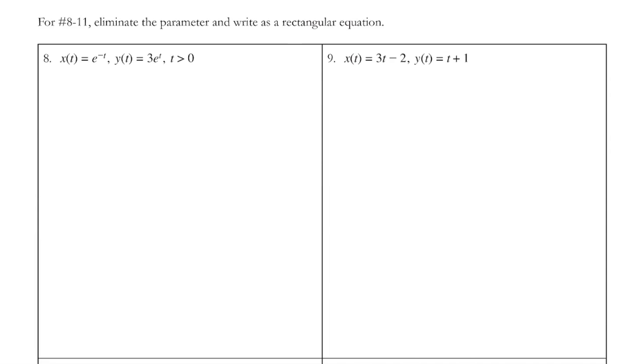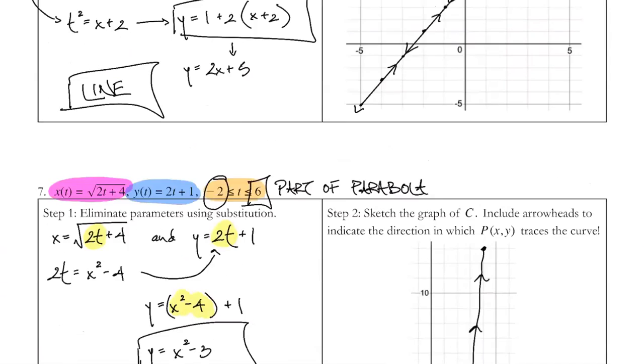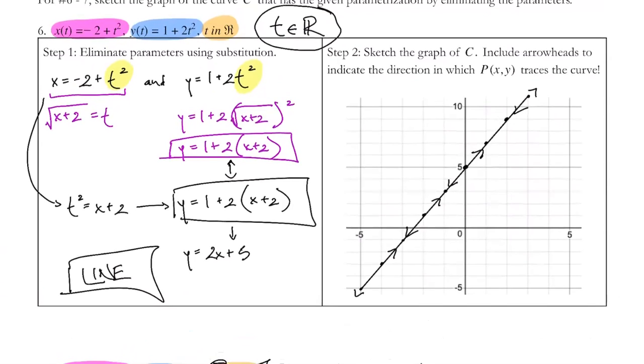So for number 6, is there another way to justify why it's both directions? If you think about plotting points, like if you plugged in negative infinity, negative 1,000, 0, 1,000, and infinity, you would get something that goes in both directions. Okay. I don't know if that answers that question, but